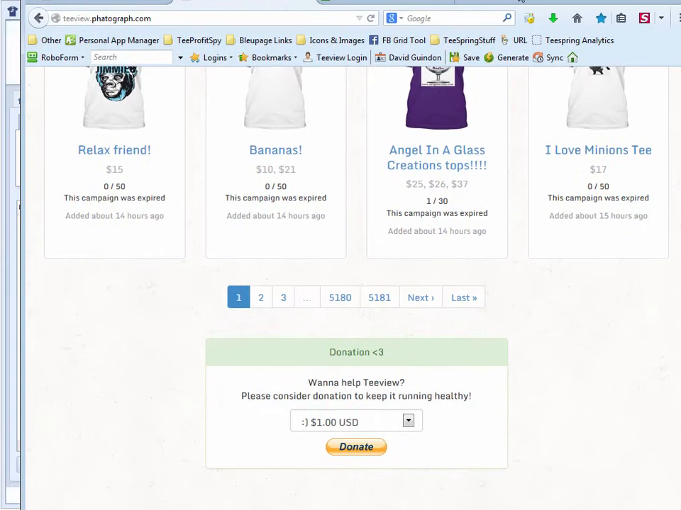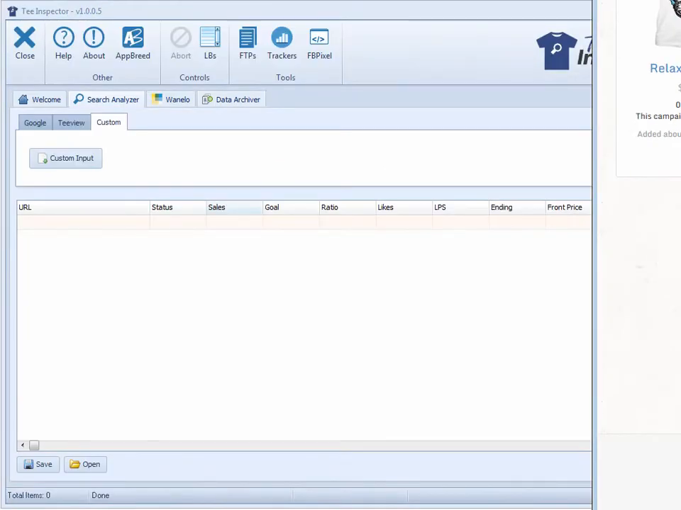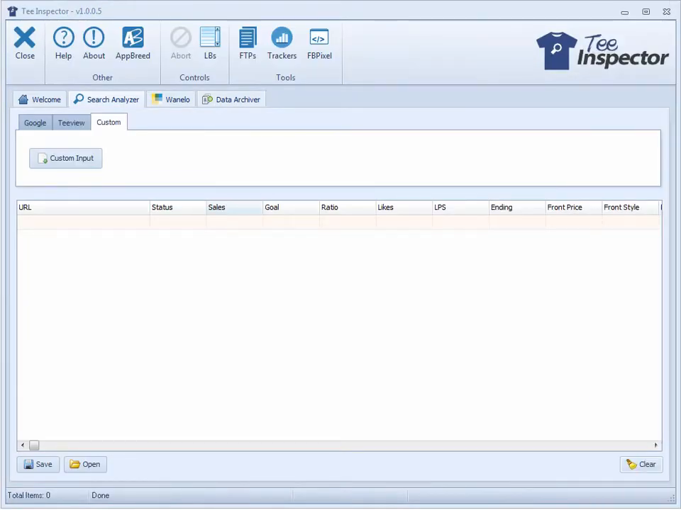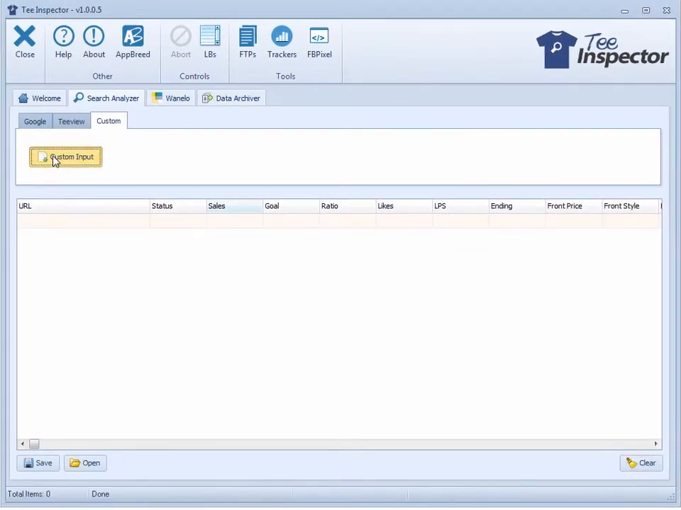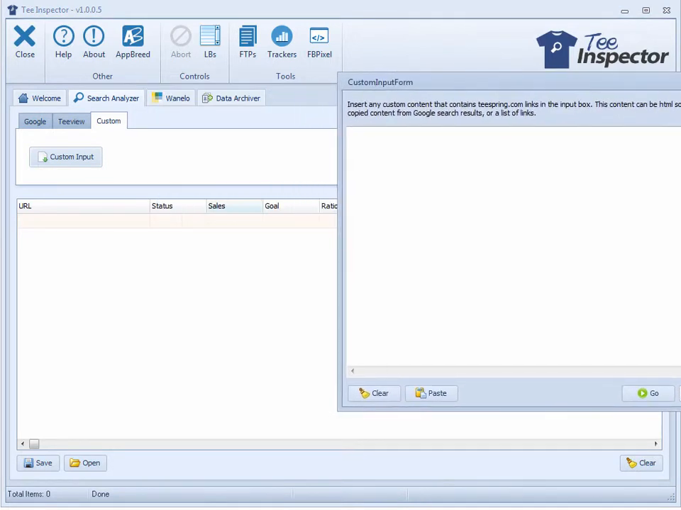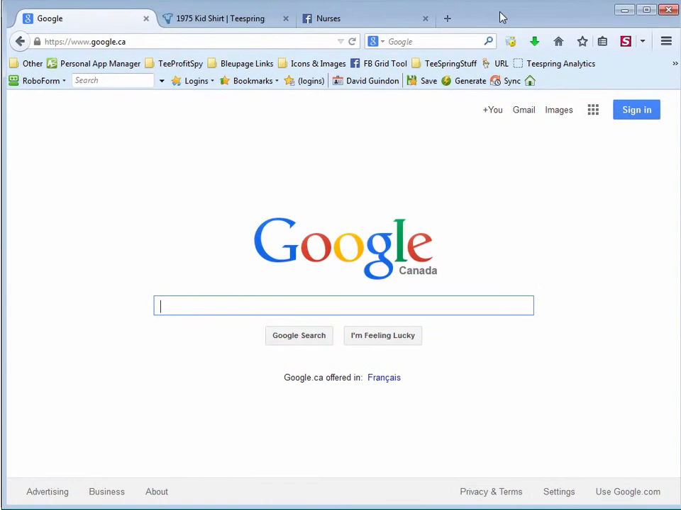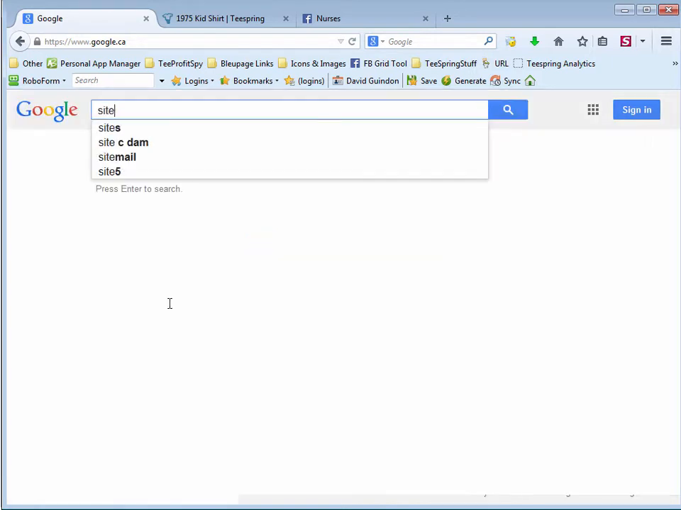Let me show you how it works. I'll give you a couple of examples here. Alright, so here's some examples of how I'd use the custom input. So I'm just going to put this over to the side, or maybe I'll just open up the custom window here, and I just want to bring over Google. Let me show you some examples. So say for example, you like searching for Teespring campaigns using Google. That's just your way of doing things, like I do all the time. So say you did site teespring.com, searching for, I don't know, Broncos or something like that,